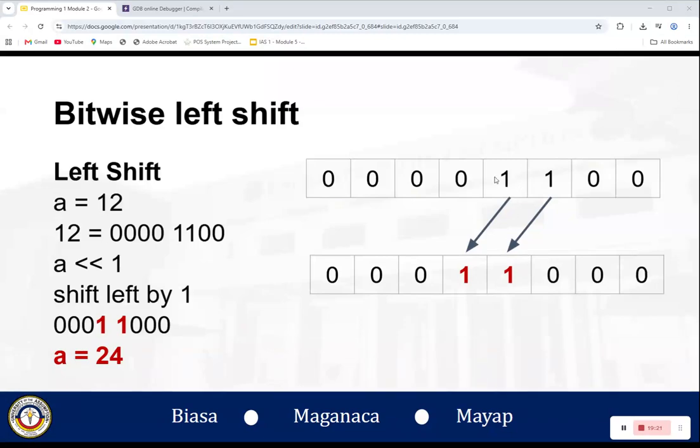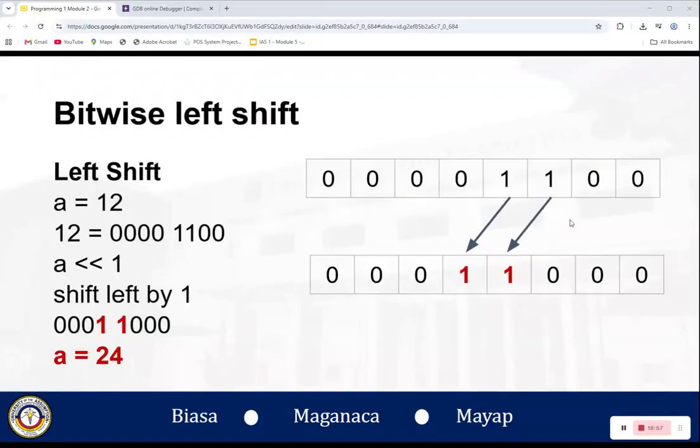Same thing with the next one, which before the bitwise shifting is located in the fourth slot, now in the fifth slot. Now a zero will fill the empty spot on the far right.